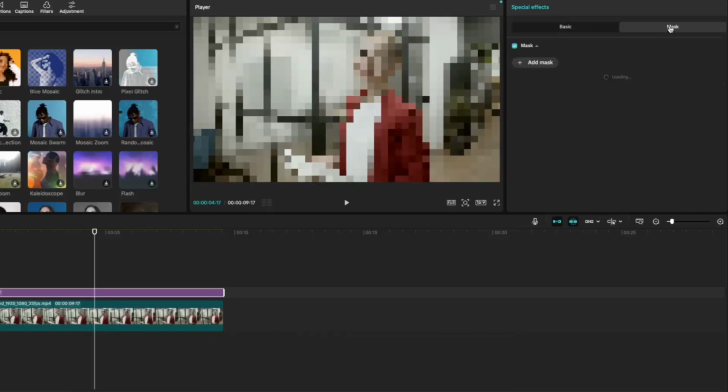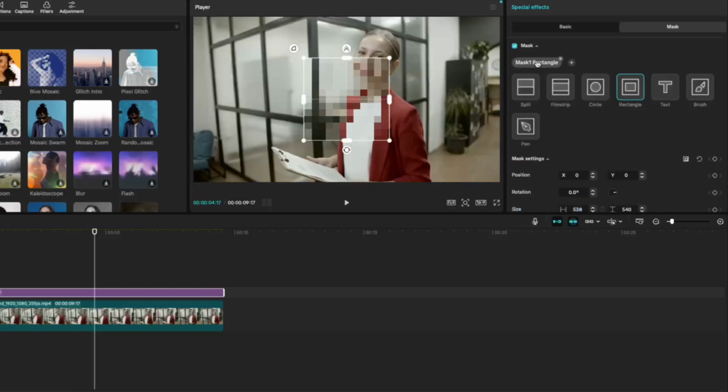Then head over to mask. Select add new mask. Now if you want to learn more about masks, I have a whole video dedicated just to them. But for pixelating, you can just learn the basics, which I will teach you now. By dragging your mask, put it over her face, and by holding these points here, you can make it smaller